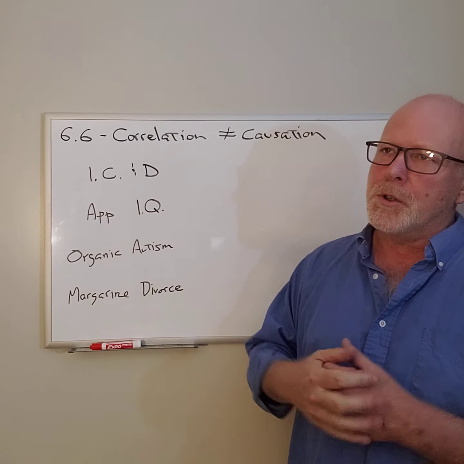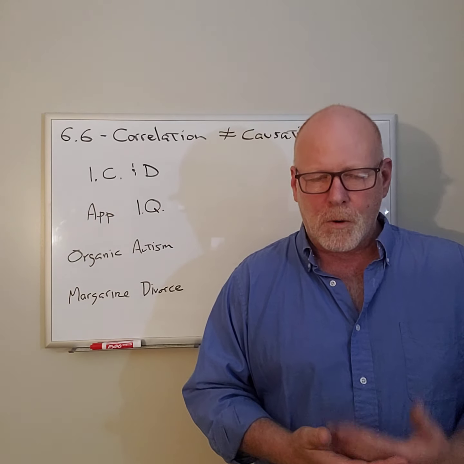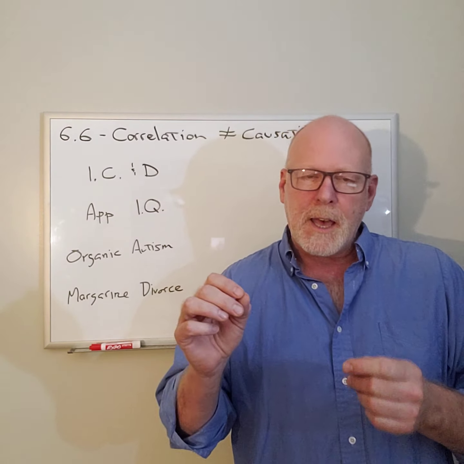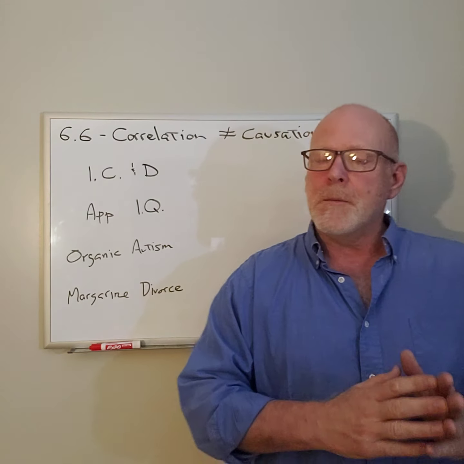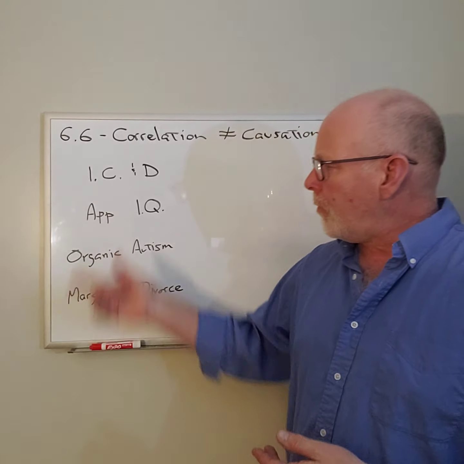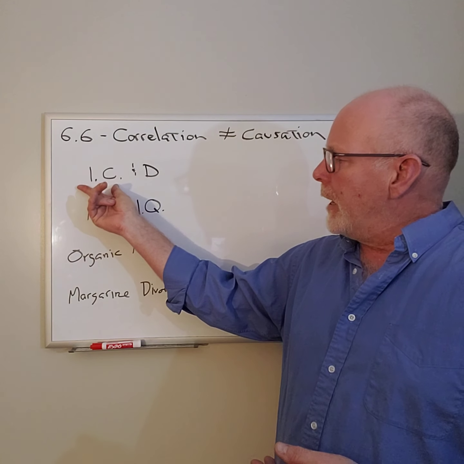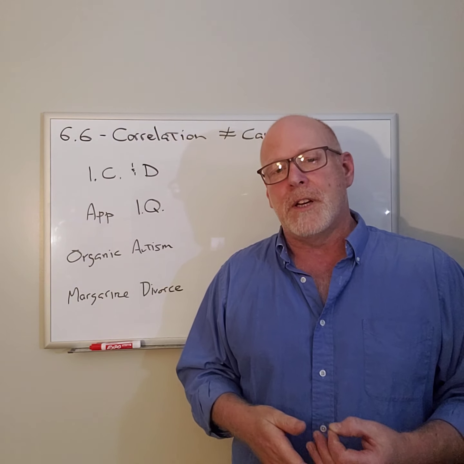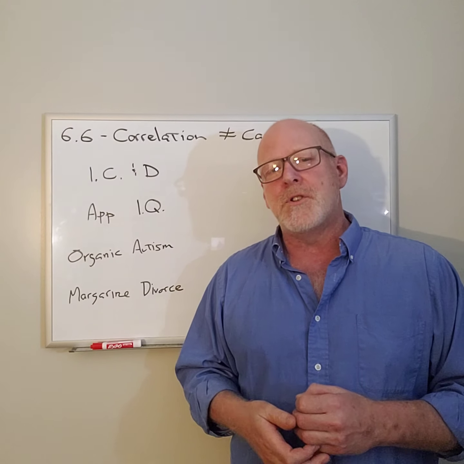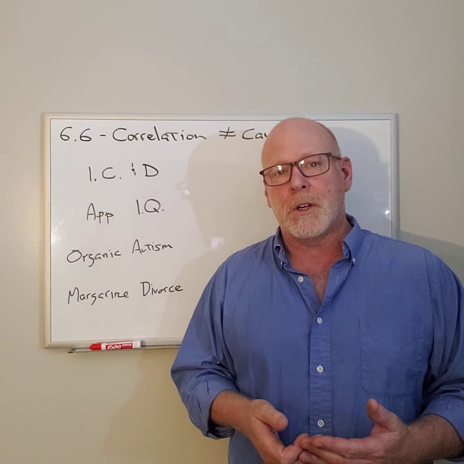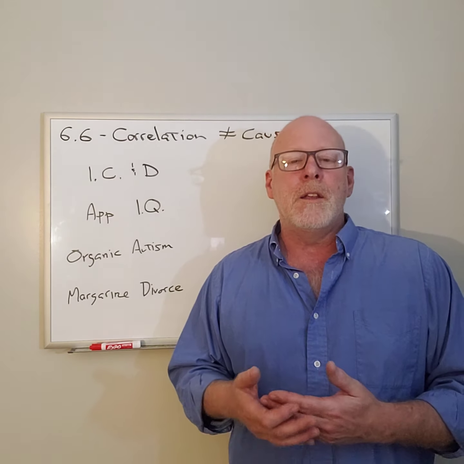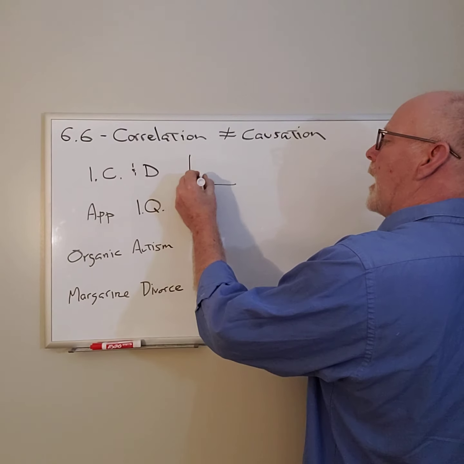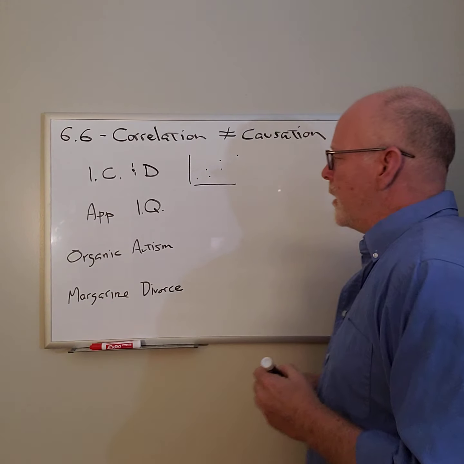I wrote "is not equal to," but when statisticians say correlation does not imply causation, they mean just because this thing got bigger and that other thing got bigger doesn't mean one was the cause. A couple examples here. Ice cream and drownings. If you were to graph the sale of ice cream and the number of drownings on any given day in the summer or any given week, you would find that you'd have a positive correlation. If you were to graph those, you would indeed have an increase in both.